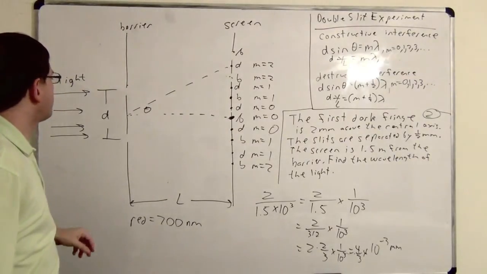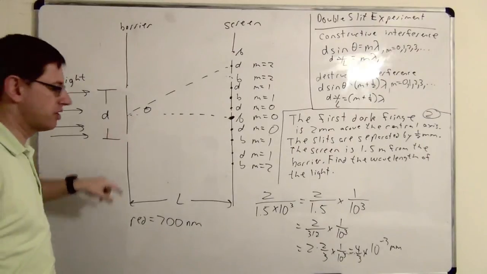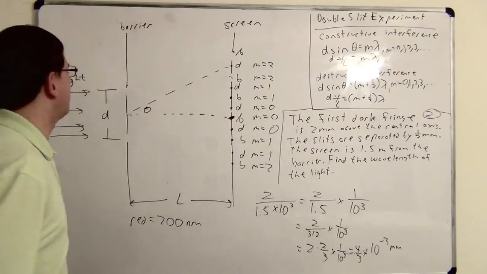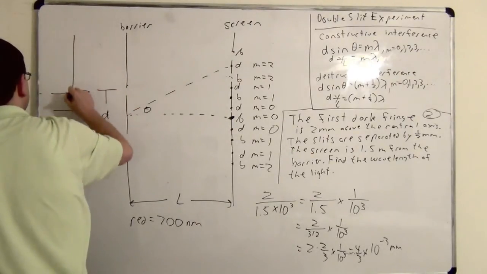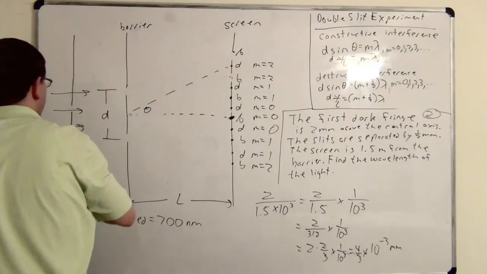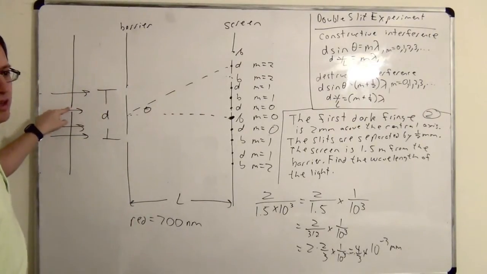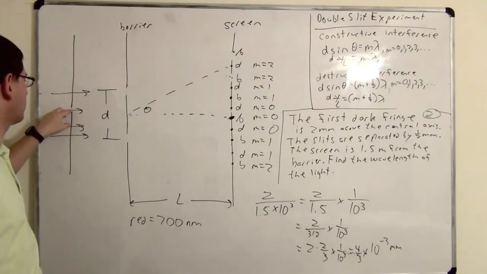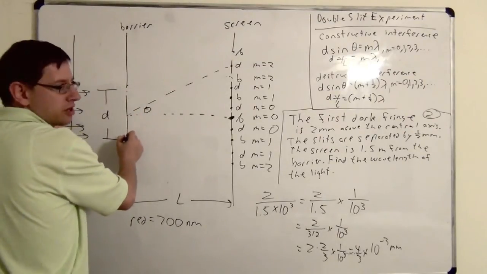By the way, remember that we want the light to initially be coherent and all in phase with each other. One way you could do that is by using a laser. Another way is to pass the light first through a narrow single slit. By passing it through a narrow single slit, that enforces all the light that goes through to be in a very coherent beam. And then the light will spread out, so it's still able to go through the double slit.